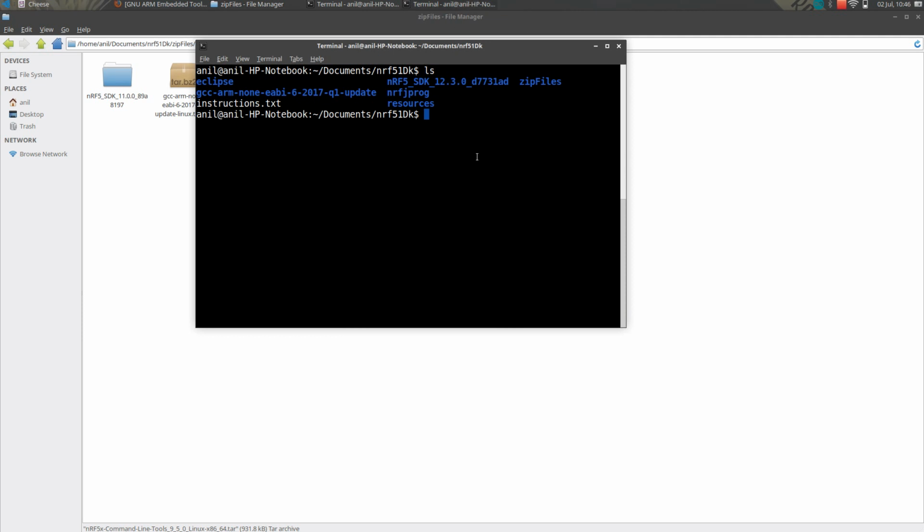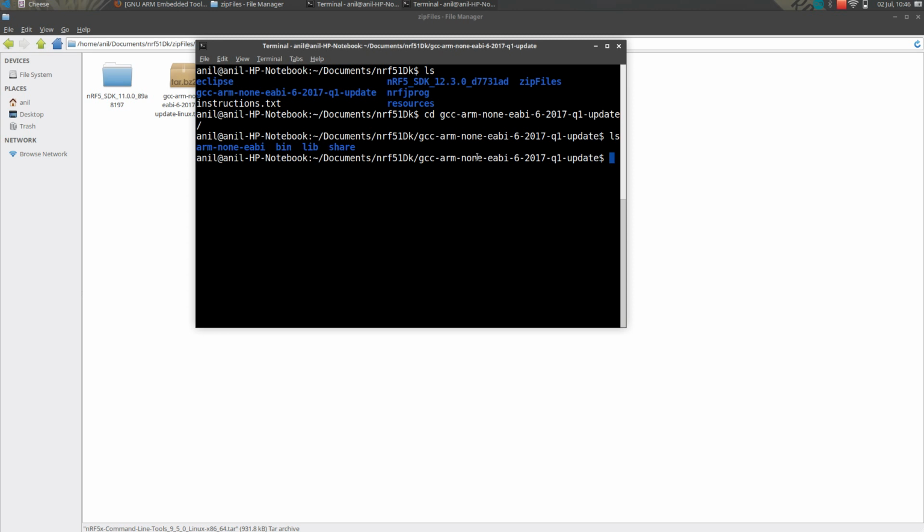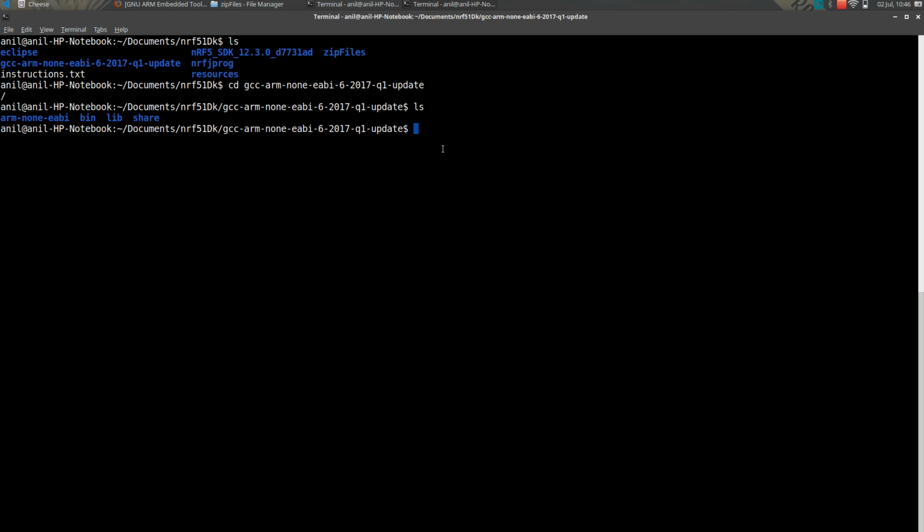Next, if you go into the GCC folder, it will have three subfolders, which are arm-none-eabi, bin, lib and share. So we need to add the bin folder to the PATH variable, which makes it possible to run the toolchain executables from any directory.